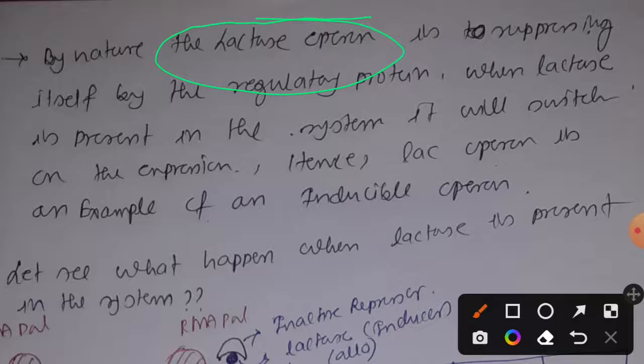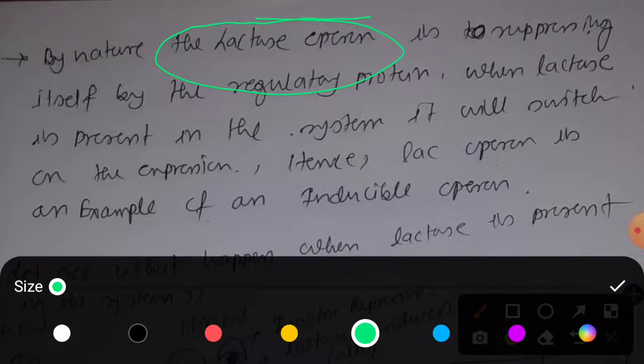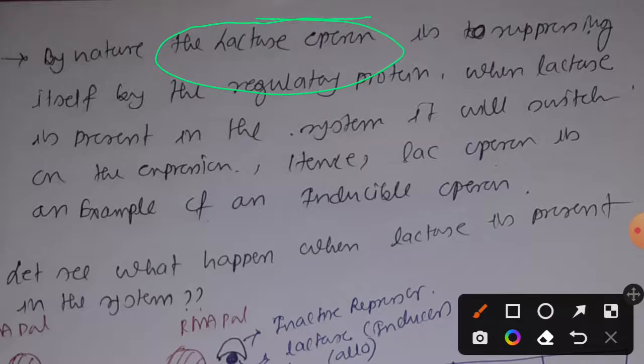As we have seen in the negative regulation, the regulatory protein synthesized by lac-I, which is in low concentration, will bind with the operator region of the structural gene. Okay, and this is a default choice. Because by default that repressor protein is active, and after synthesis it just goes for binding with the operator region of the structural gene.